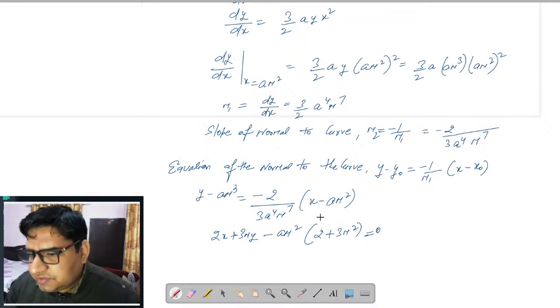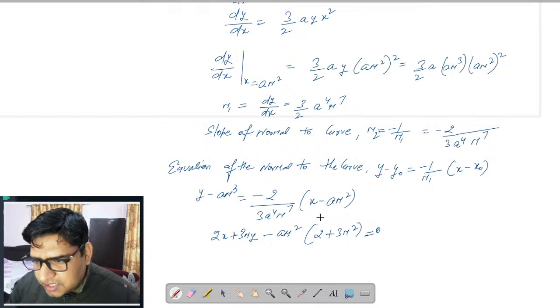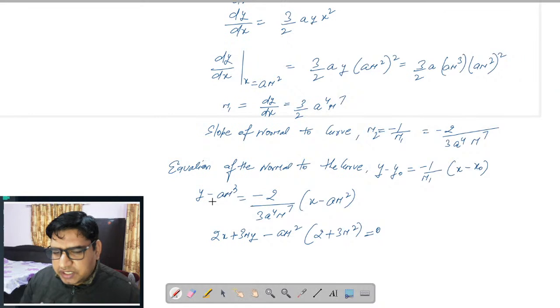And if you solve this, it will result into 2x plus 3my minus am square (2 plus 3m square) is equal to 0. So this is the required equation of